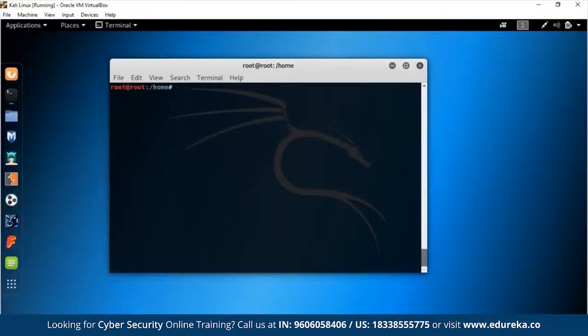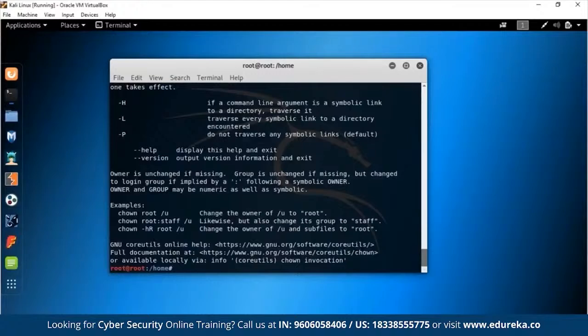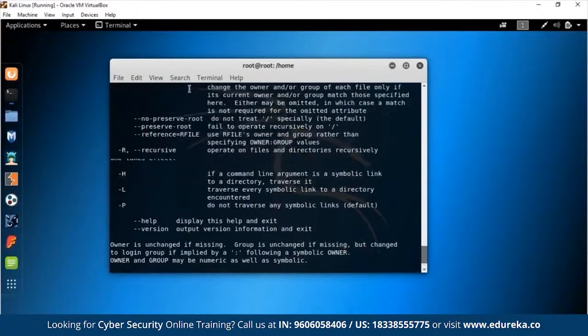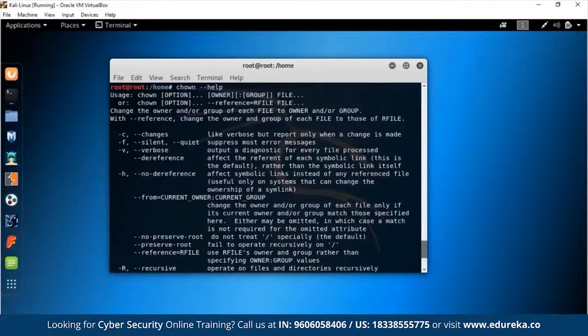So our next command that we're going to actually see is called chown. So let's see how chown is actually used. Chown is used for changing the ownership of a file. I actually don't remember how to use chown. So if you don't remember or you're getting stuck somewhere, just use the help function. So this is how you use it: owner, then colon, group. Okay, and then the file name.